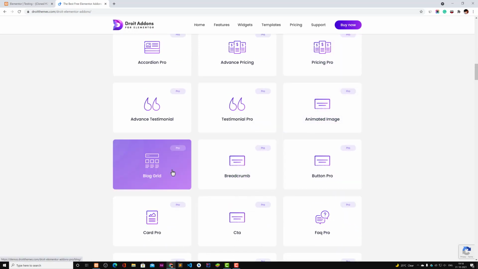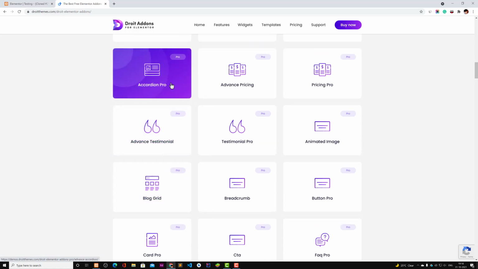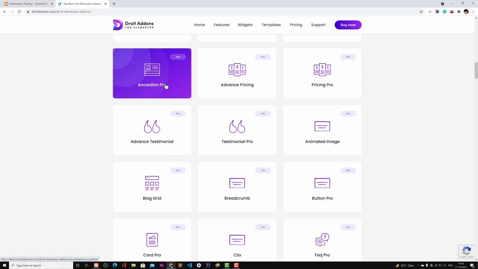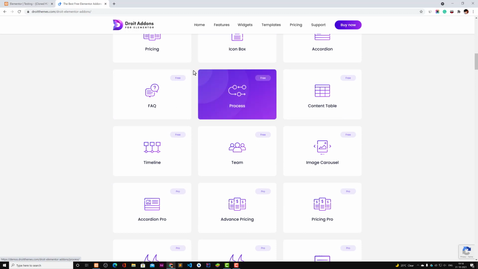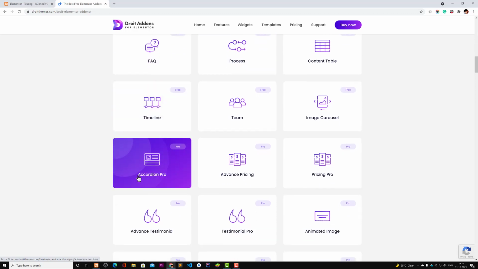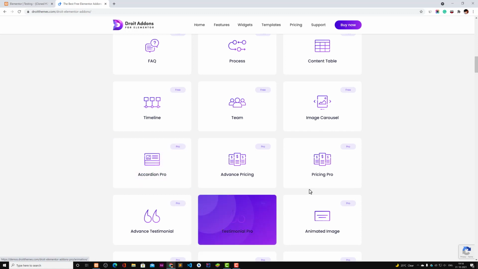Like this blog grid, you can also use it, but it's in the pro version. And you can also use accordion pro. So some widgets are also in the free version but are in the pro version as pro. So there are names like accordion pro, testimonial pro, pricing pro.